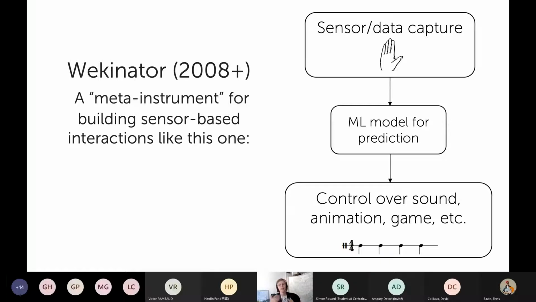And if you can do that, you can build a model that does prediction. We can send it sensor data, and then that model will give us control signals that we can use to control sound or animation or games and so on. And to an extent, that's correct. But actually,